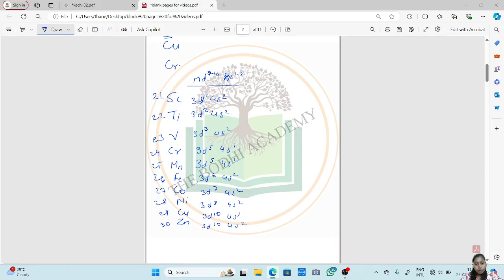As you see the electronic configuration of all these elements, except for chromium and copper, they follow the same